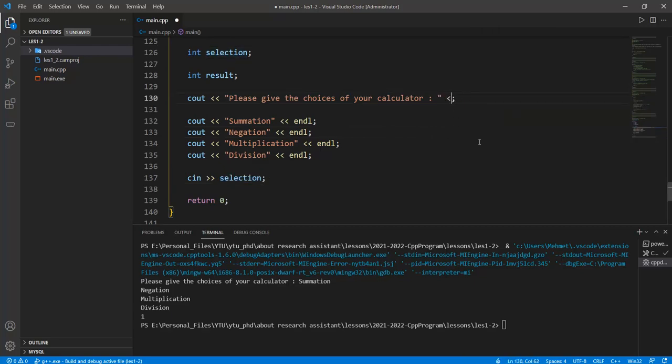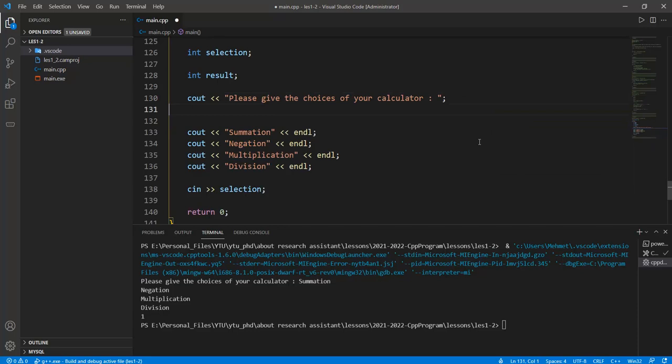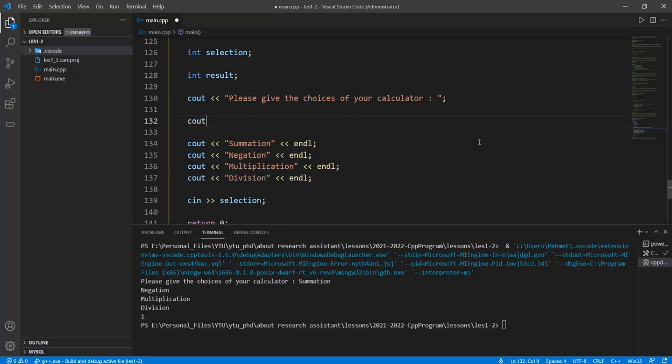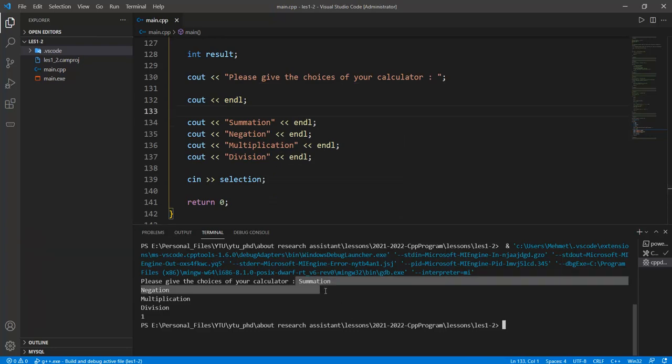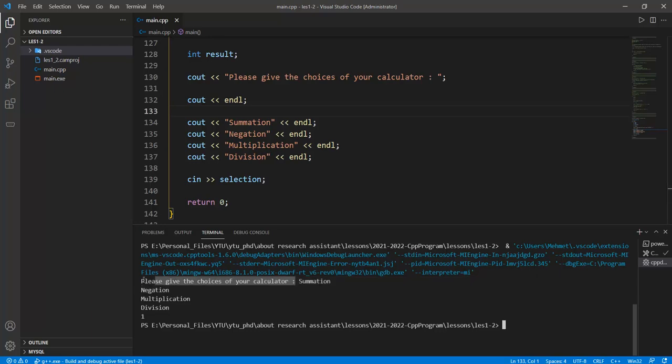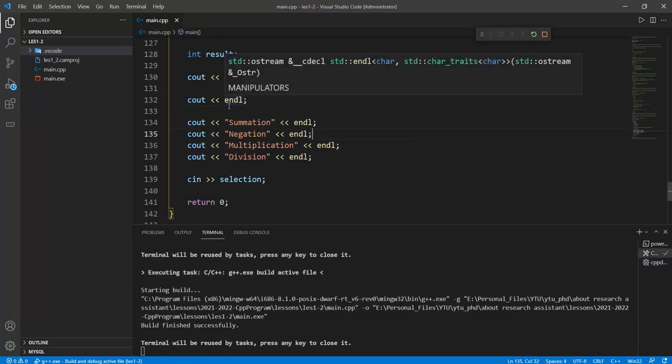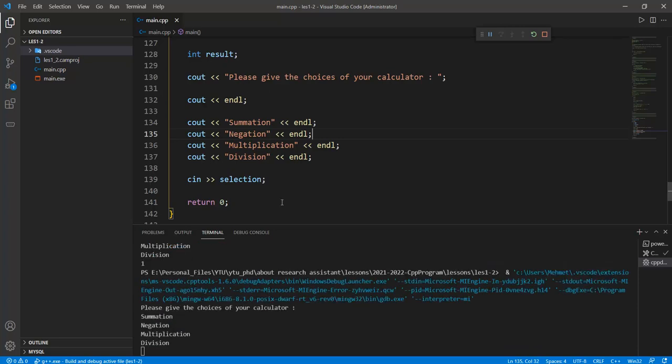And then what? In this notation we should add a new line character to proceed, because the summation is written nearest to the prompt, please give the choice of your calculator. And so if I add this code, then summation, negation, multiplication and division are in the correct order at this moment. Okay,